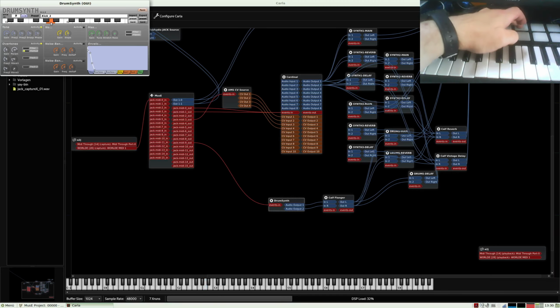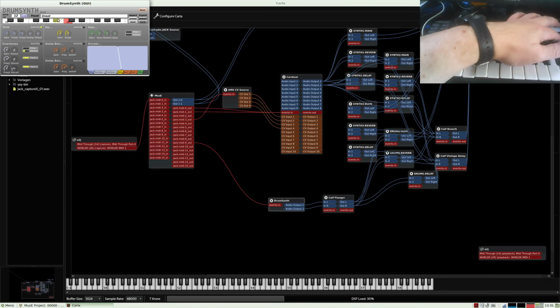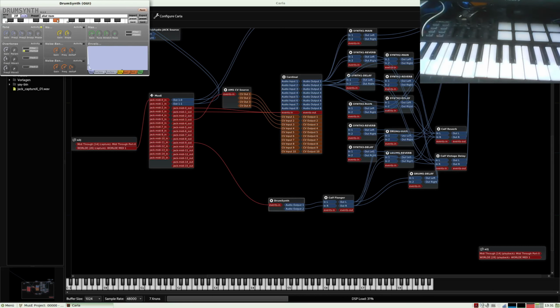This is called kick, and this one is also unset, but this one here is called distom. But I want this to be hi-hat open. So I change this here to O.